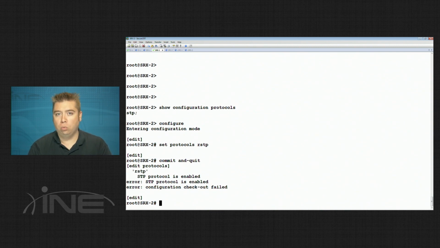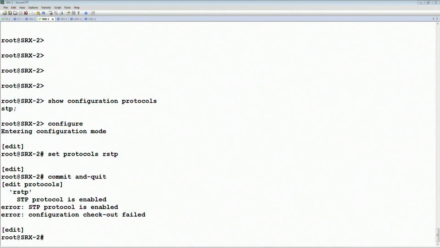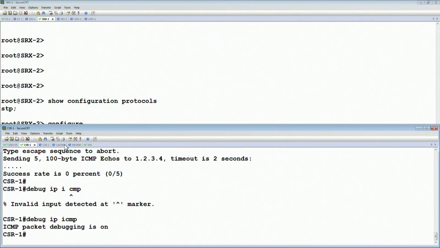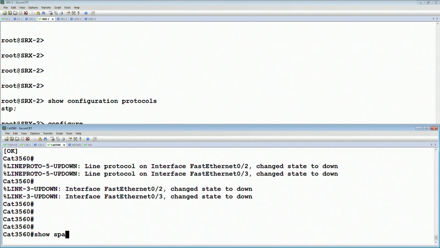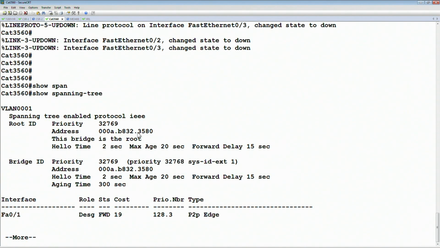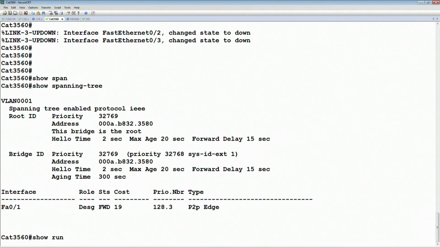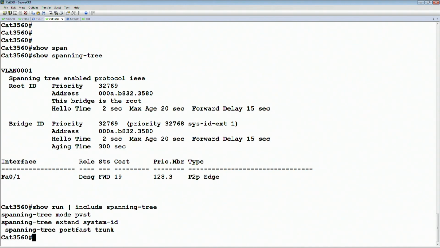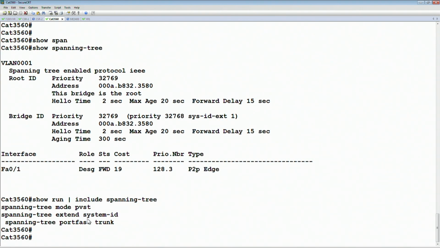Now, in the case of the Cisco world, we would go to global config and set the spanning tree mode. And when you set the mode, it's automatically going to override what was previously there. So most of those switches, if we look at, for example, the Catalyst 3560, and we say show spanning tree, normally they're going to be running per VLAN spanning tree, which is what they denote here as spanning tree enabled is IEEE. If we were to show run pipe include spanning tree,